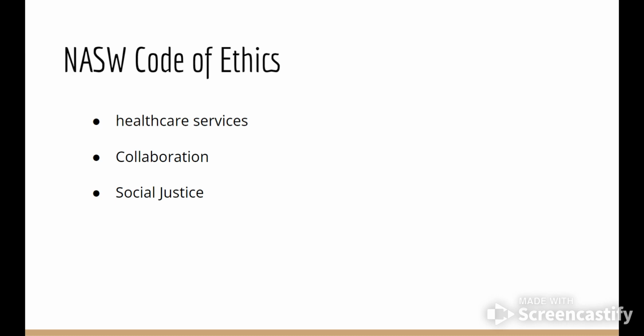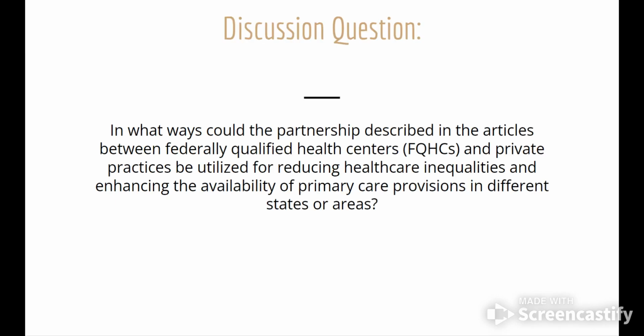It also focuses on reducing disparities in healthcare access and improving health outcomes for underserved communities. This is consistent with the NASW Code of Ethics principle of social justice, which emphasizes social workers' responsibility to change social injustices and advocate for equitable access to resources and services. So finally, for the discussion question, in what ways could the partnership described in the articles between federally qualified health